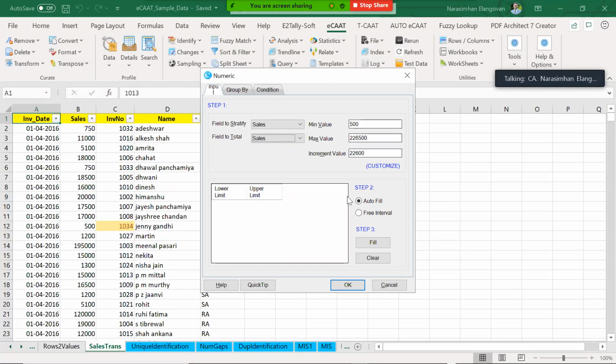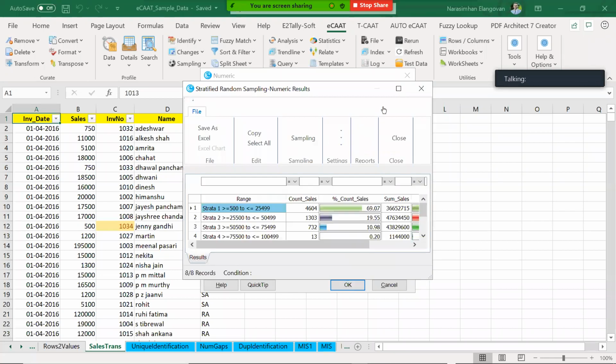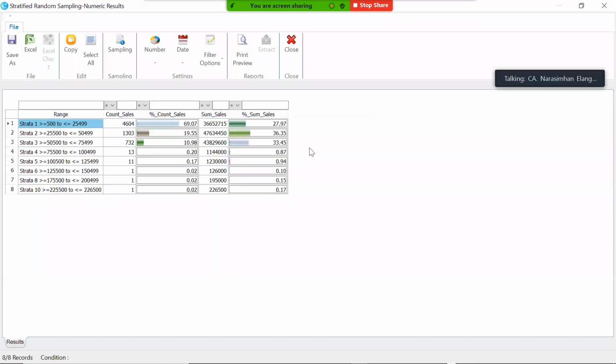Correct? Now I click, earlier I clicked autofill, all these groups it created. Let's choose 25,000 as the group now for simplicity's sake. I just autofill, everything is ready. Now until here there is no change. Click OK. Until here no change. Now change comes in this step. But can you find this tab called sampling enabled?